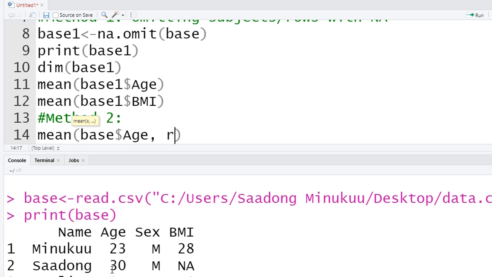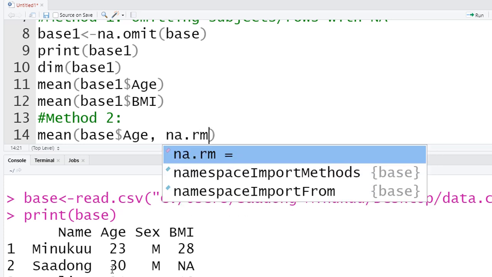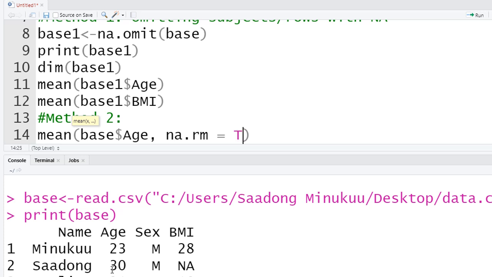So what it's going to do is ignore all NAs when calculating the mean, so it will not give us an error or NA. So we say na.rm equals TRUE,